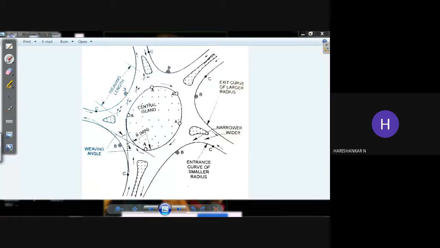Okay, here in this direction the vehicles are coming. Here you look at this: it has more curvature, and this has very little curvature. This is almost straight. Look here also, you can see it is the direction of entry. It has more curvature, but the exit direction has less curvature.